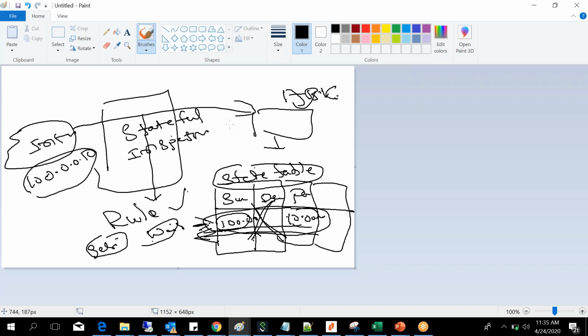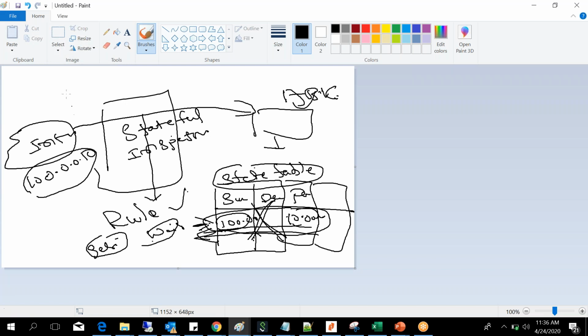If I am writing a rule from the internet to inside, I will write an allow. If I don't want an internal computer to access a certain website, I will write a deny rule so that people cannot access it. So allow or deny, that's how the firewall works.